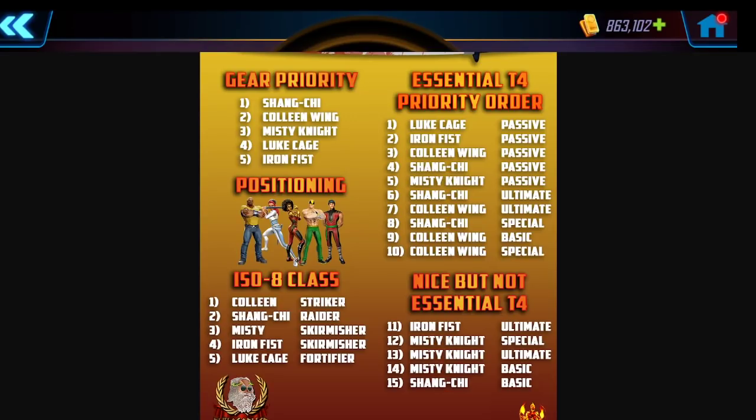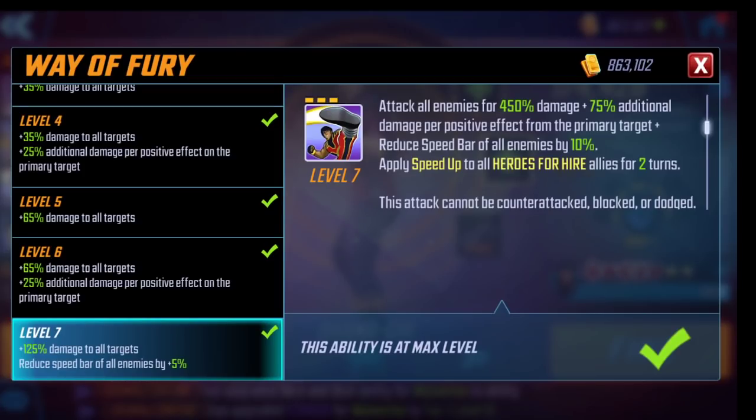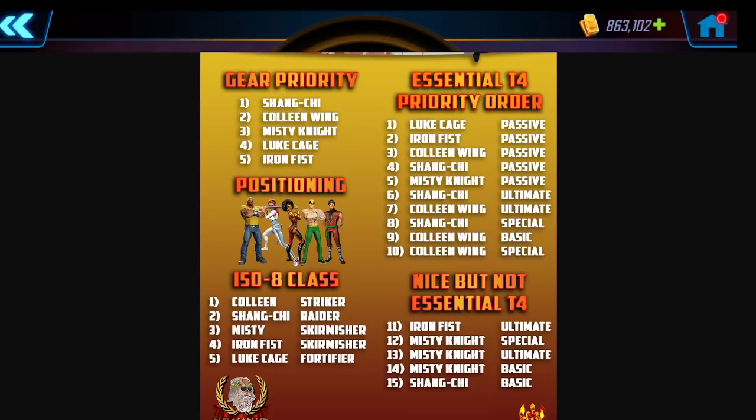The Shang-Chi ultimate is next, and I really think this is a character that's useful in raids. He's useful elsewhere. And I think having 125% damage to all targets, not just in war defense, but elsewhere, is really useful. And then reducing the speed bar is very nice. And then, of course, I think the